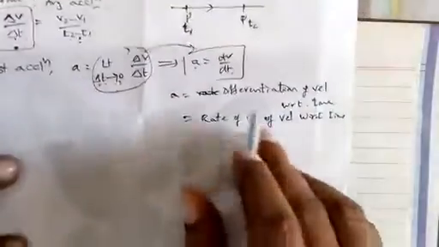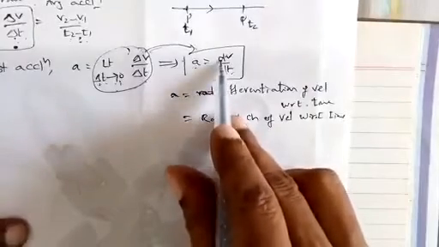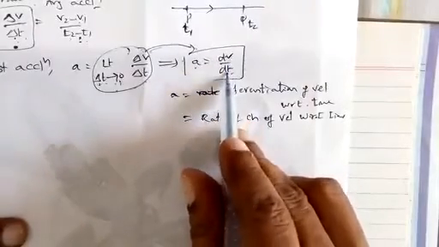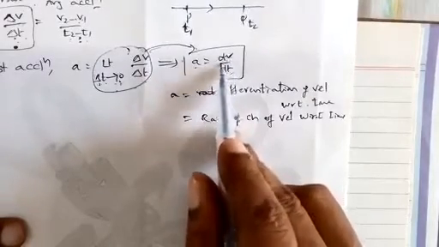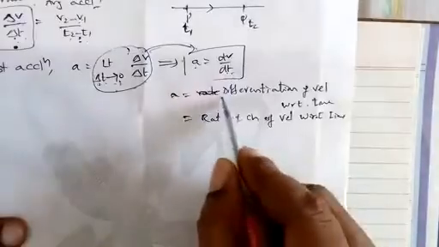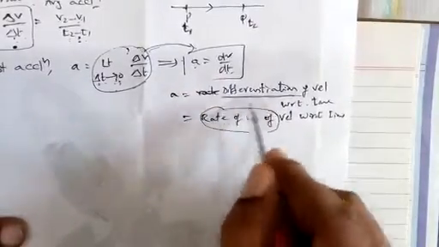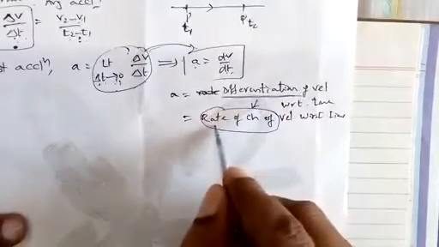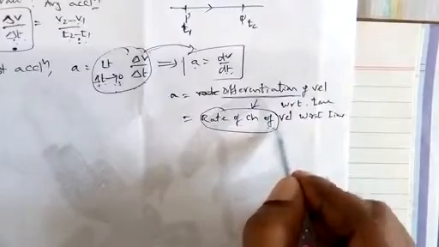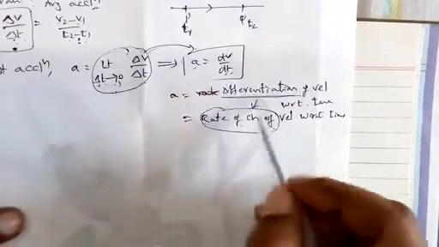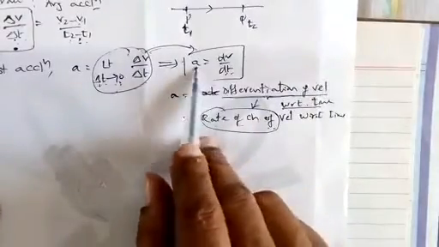Yesterday I mentioned differentiation. What does dv by dt mean? dv by dt means differentiation of velocity with respect to time. What is the meaning of differentiation? Differentiation means rate of change of. Remember, the meaning of differentiation is rate of change of. This rate of change is with respect to what? Here it is time. So the rate of change of velocity with respect to time is called acceleration.